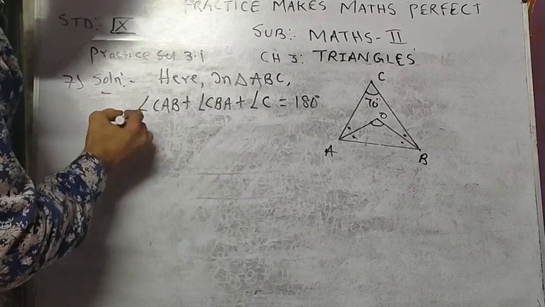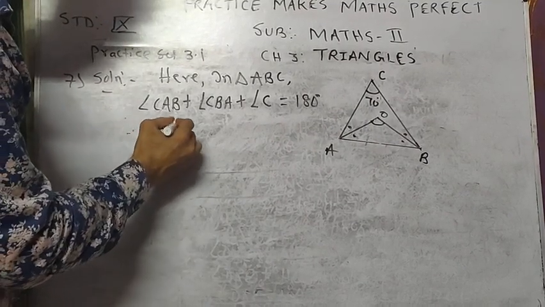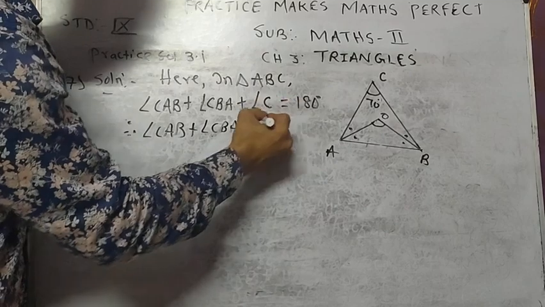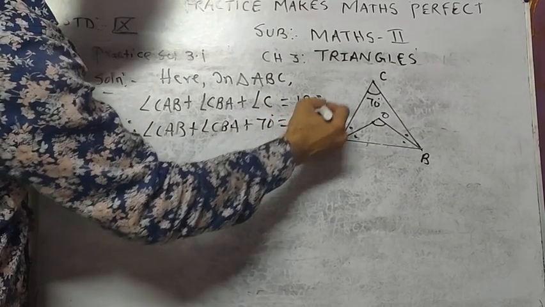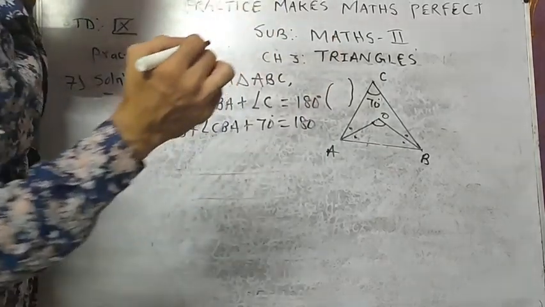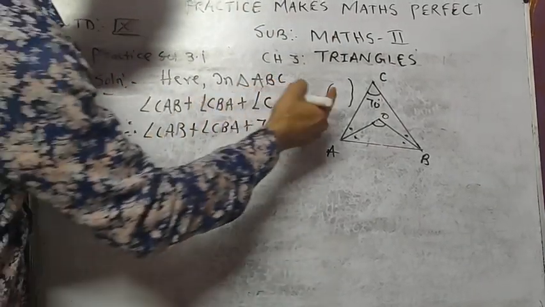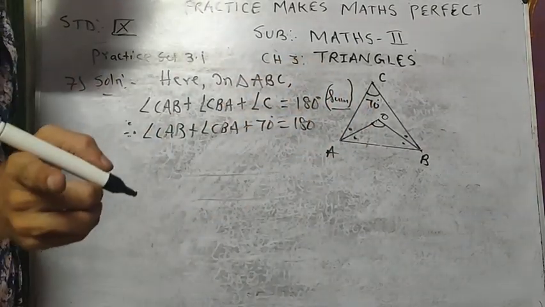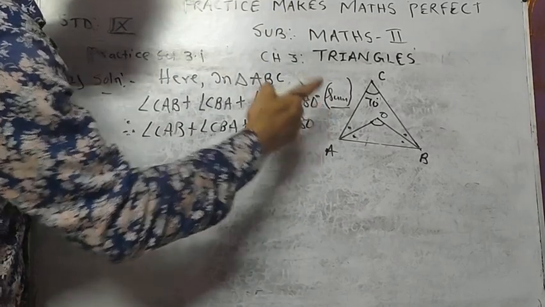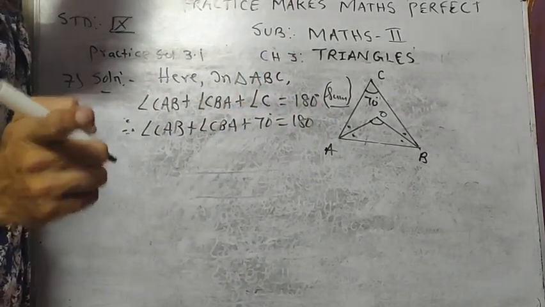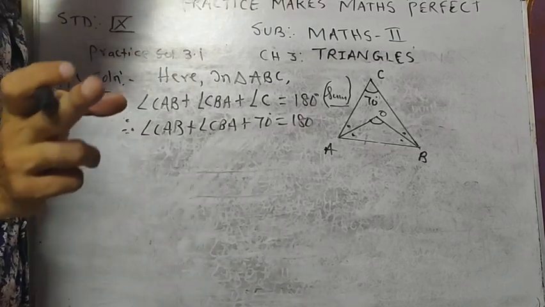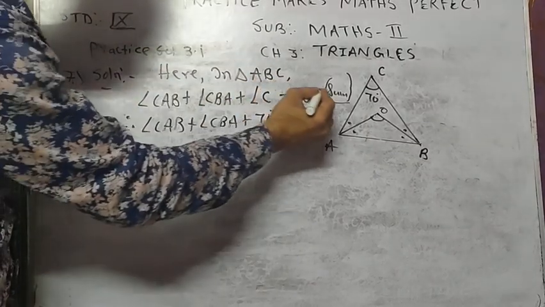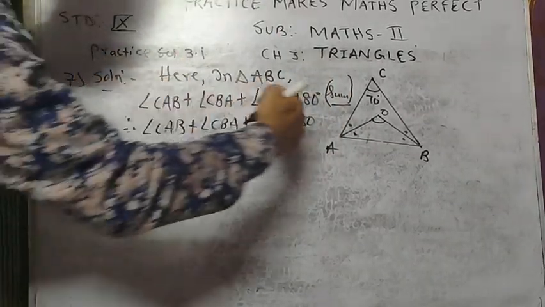And therefore angle CAB plus angle CBA plus C, which is 70, is equal to 180 degrees. Here the reason is compulsory. Again and again I will say the reason is compulsory. The reason you know: sum of the measures of angles of a triangle. Here there is no place, so I have not written the reason in full. You have to write it in full. Again and again in each video I am saying this. Since the board is small here, I don't have place, but you have to write this in full.